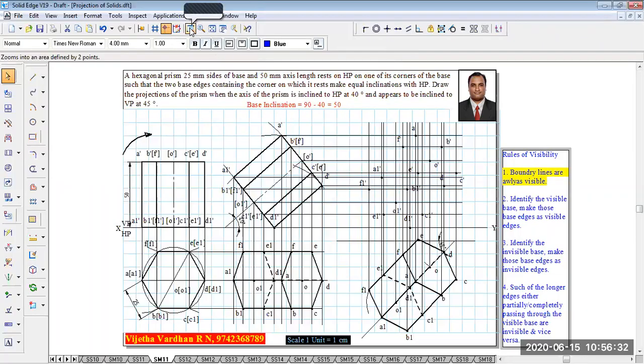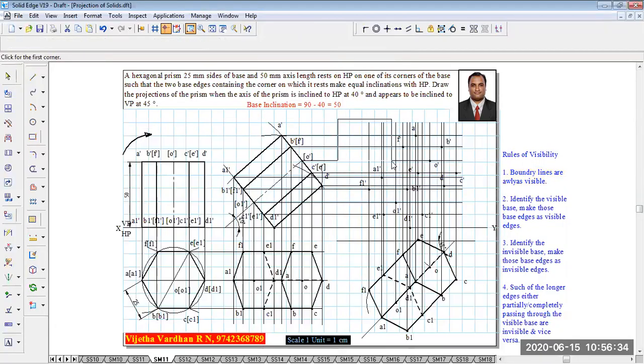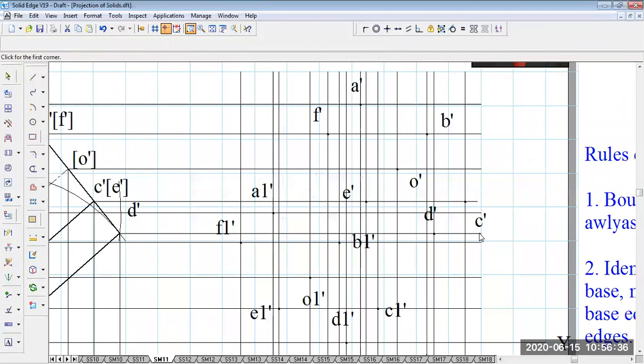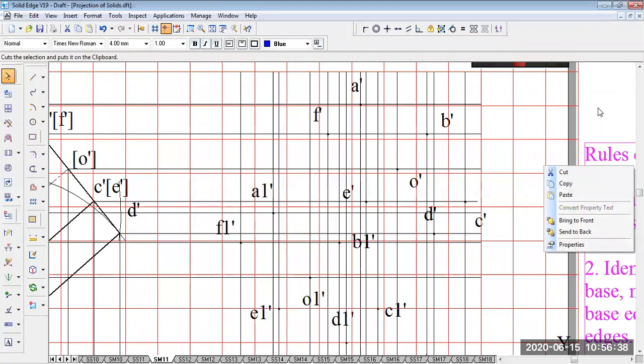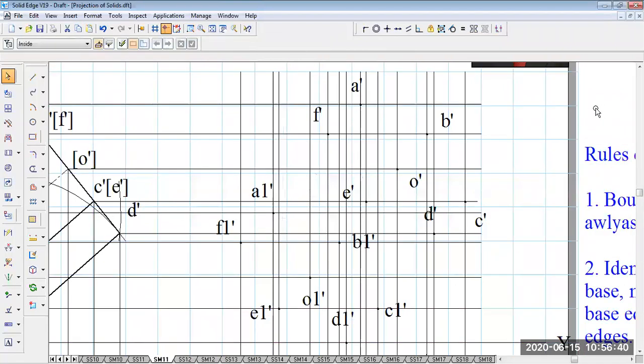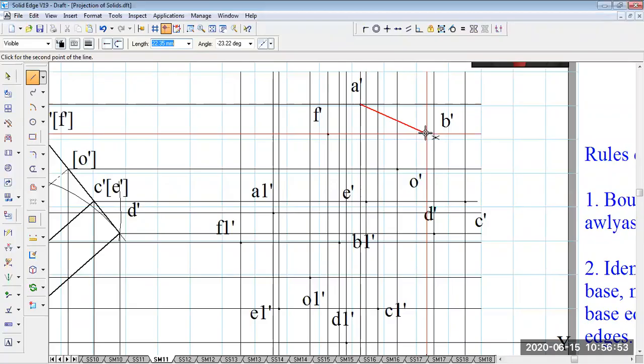Since there are more points and lines, it may lead to confusion. So I'm going to enlarge this shape, but in your booklets you don't have an option to enlarge while doing the manual drawing. Now using a scale and a pencil, please make sure that I start with A dash. With A dash as a reference, I'm going to connect it to B dash, then followed by C dash, and then